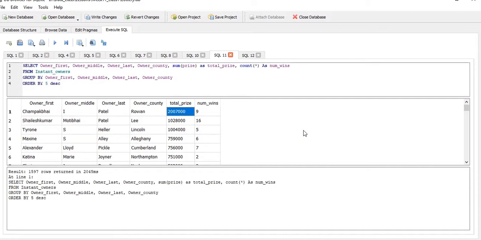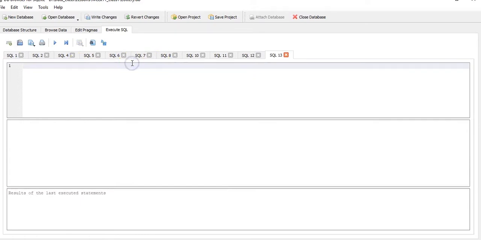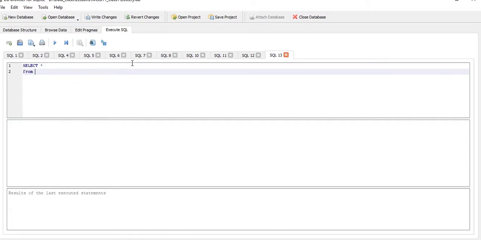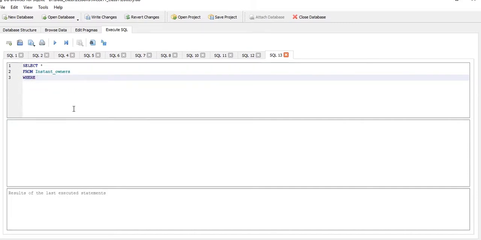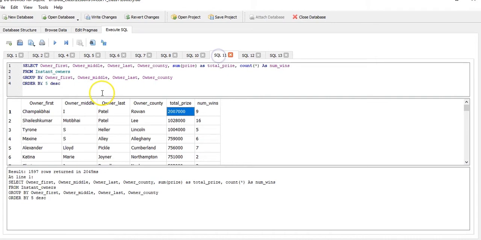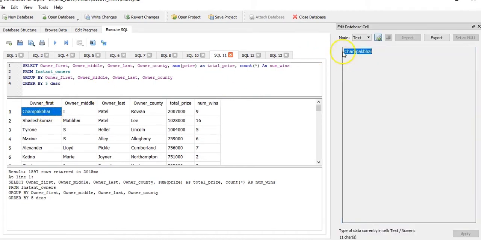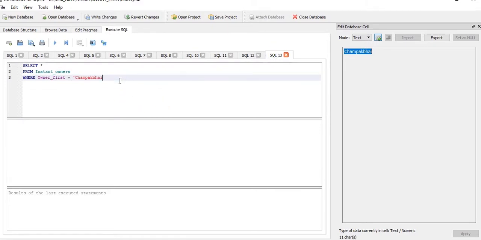So let's cut out his names as well. Mr. Champak Bhai Patel, and I'm going to create a new tab. I'm going to select all from instant owners, where owner first, and I know I'd screw up his name, so I'm going to go back to my query and copy it. Champak Bhai, paste it in, and owner middle name, I think he had a middle name, but I'm going to check it out again, just an I, capital I. And